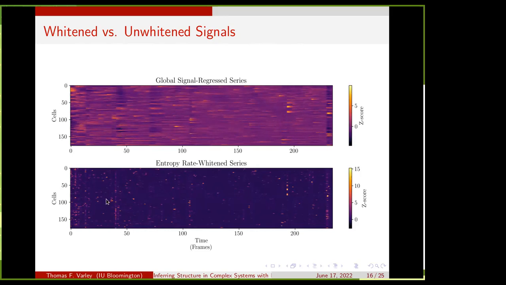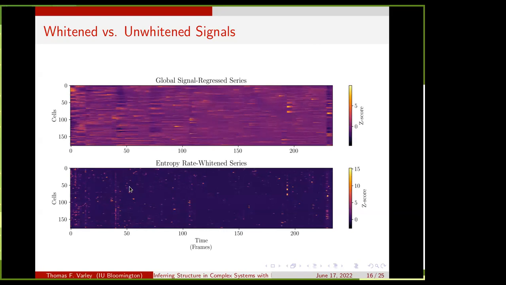Yeah, one thing I would be very interested in doing, with these entropy whitened signals, is, so I work a lot with John Beggs, so I'm sure some of you know, and we're very interested in cascades of activity, right? And this looks point processy enough that we could start to maybe ask questions like, can we build a path from cell A to cell B to cell C, of some kind of signal propagating into the system. I don't think we have enough data to start asking questions about criticality or anything like that. But I would not be shocked if there was some cascading behavior in here.